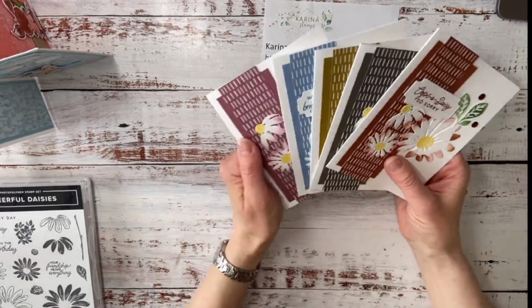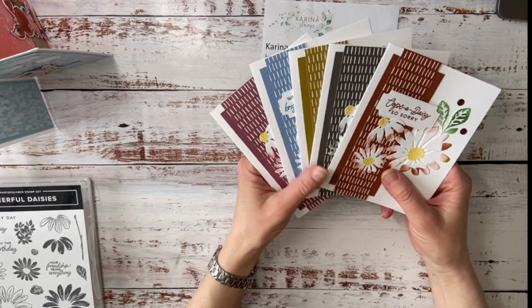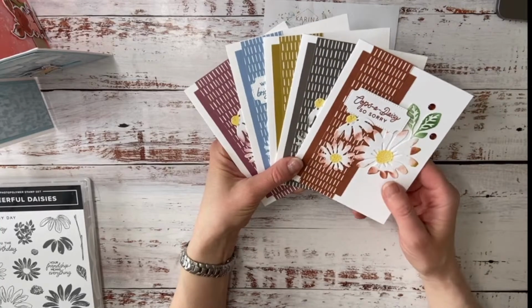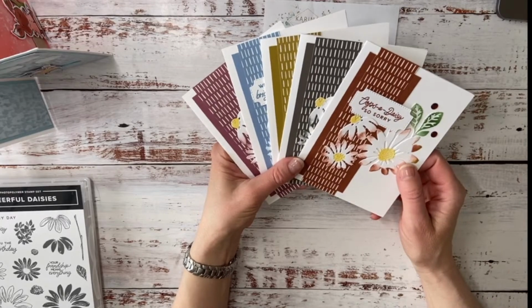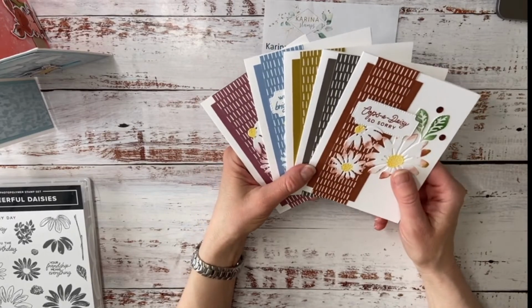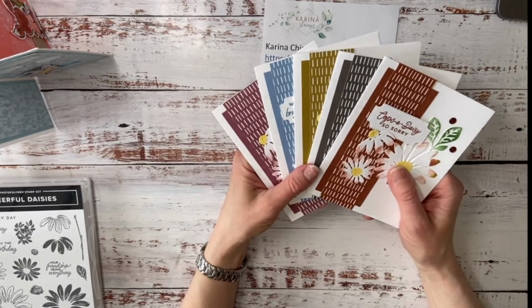And then these cards we made at our team meeting. We have a Crafting Crew stamp night on the first Friday of the month. We get together, I go through the Stampin' Up! updates. There's usually a product demonstration. So Sharon shared all the beautiful cards that she made